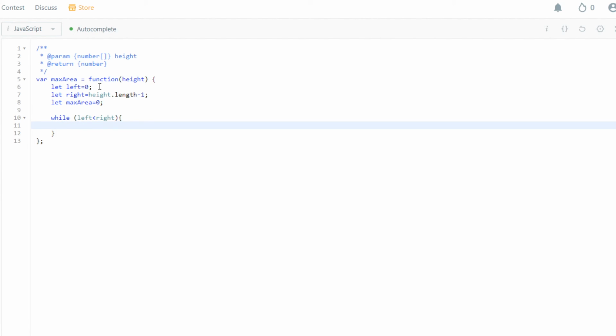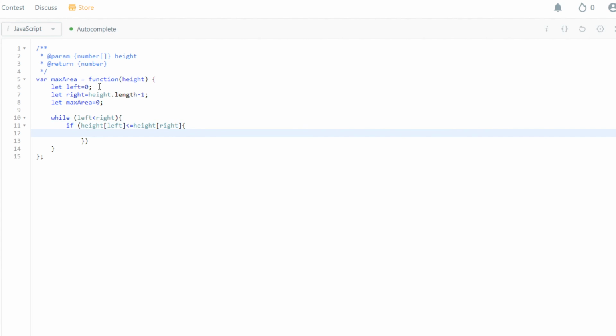Now our actual algorithm for two-pointer is going to look like this. While left is less than right. We don't care about when left is equal to right, because that'll give us a width of 0, which will just have an area of 0, so that doesn't matter. If height left is less than or equal to height right, and this is the case where we would want to increment the left, then we are going to update the max area variable